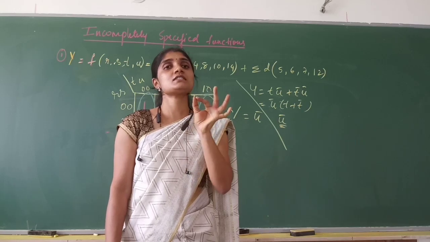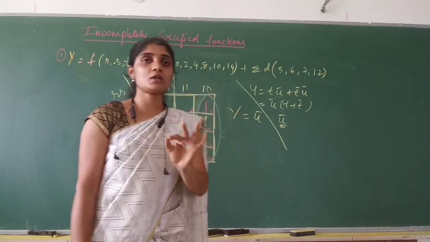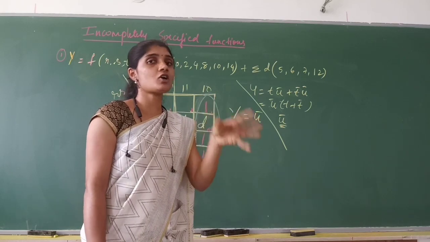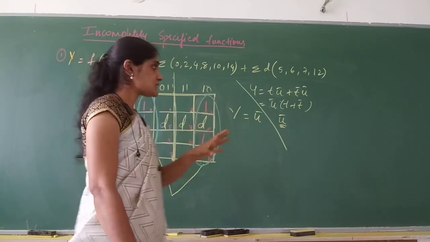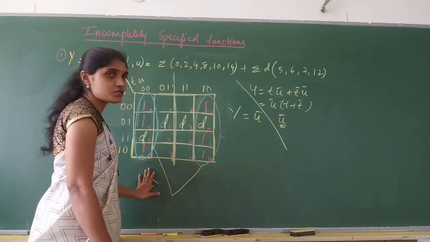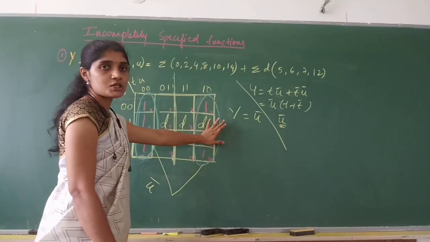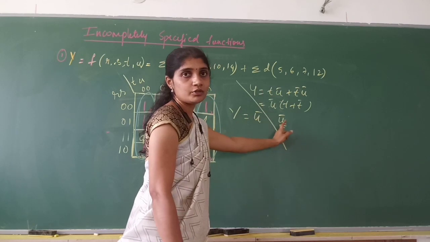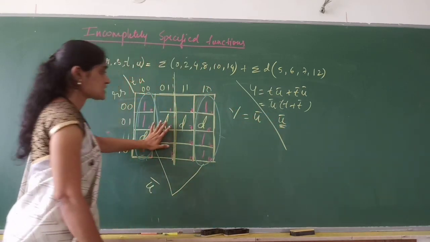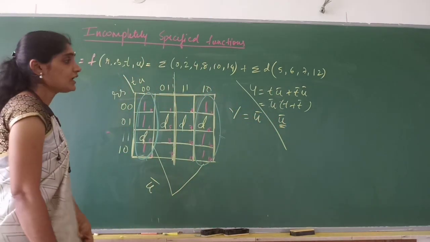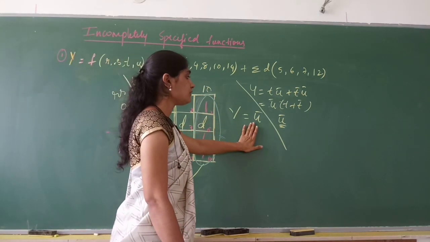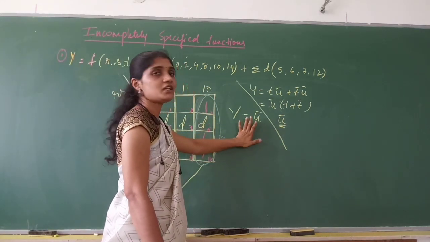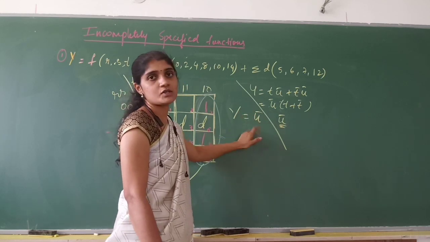K-map will give us the simplified equation, but we have to do the groupings properly. We have to learn the logic properly. That is the reason I grouped these 2 first and wrote the equation. This is what I thought of explaining to you. You should get the simplest equation directly from the K-map. The K-map equation, whatever we get, shouldn't be simplified further.